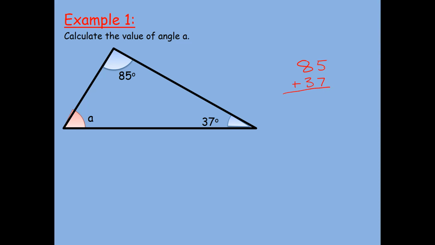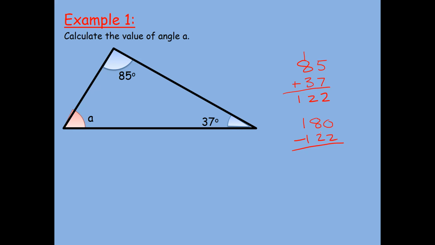So I'm going to say 5 plus 7 is 12. So 2 carry 1. 1 plus 8 is 9. And 3 is 12. So I'm then going to take that 122 away from 180, and that's going to give me the size